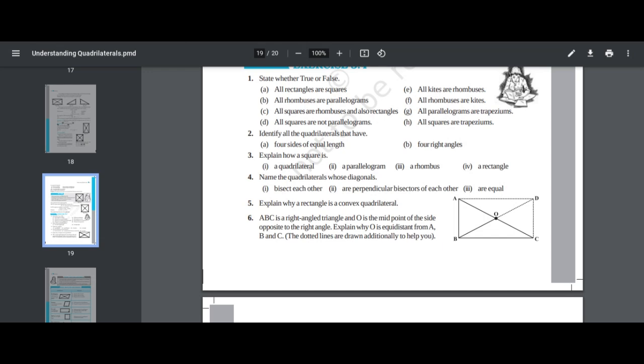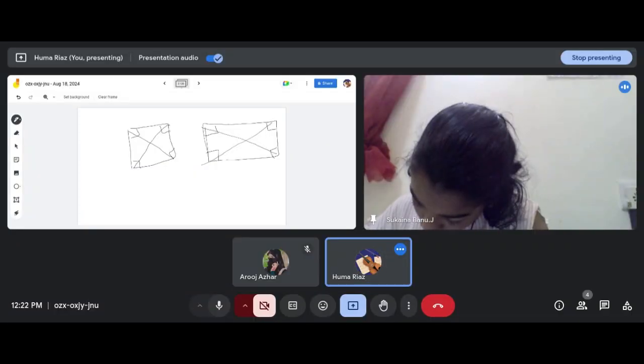Now question number 5. Explain why a rectangle is a convex quadrilateral. Because all the edges of the rectangle are pointing outwards. So you can write the answer: in a rectangle,